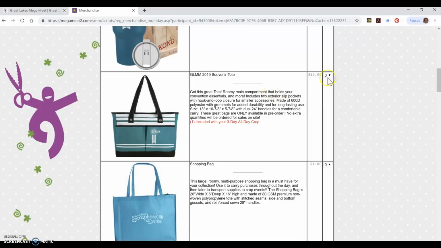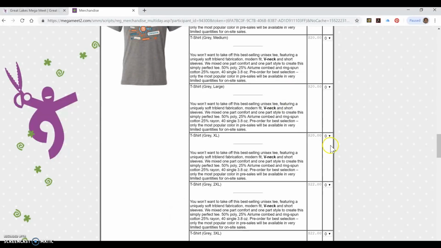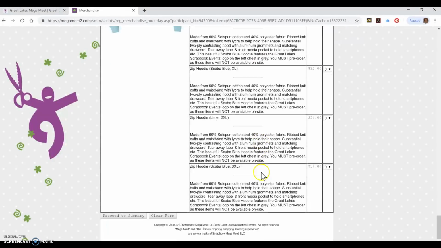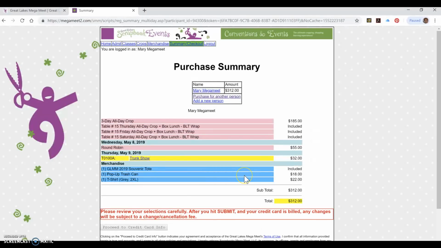But I can add additional tote bags to my order if I want, but it's already included. Then I'm also going to go ahead and pick a t-shirt. And then again, I can scroll either up or down to proceed to the next screen and put those items in my cart. So now you can see I'm Mary Megameat, and I have selected a 3-day all-day crop at